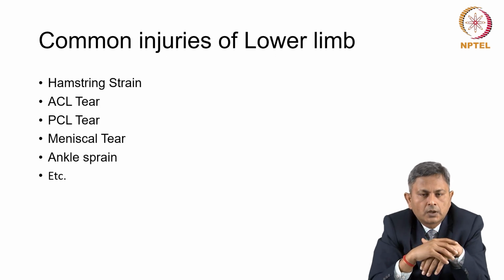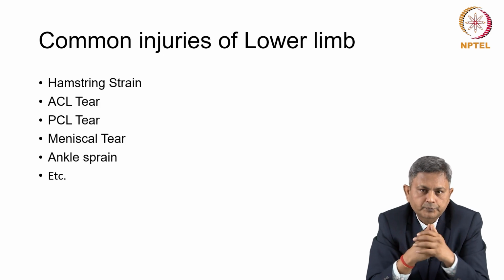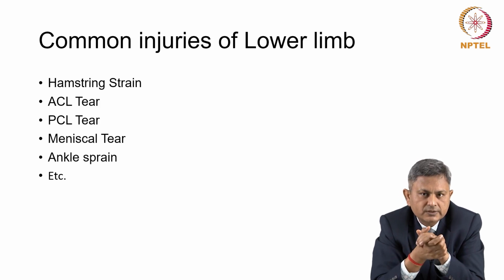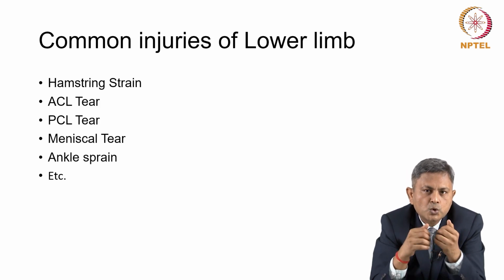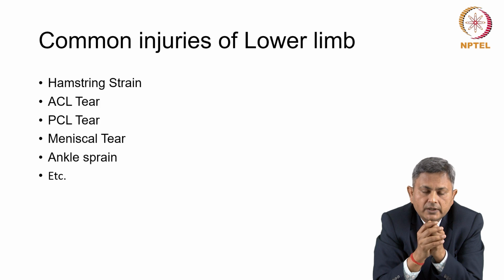In the lower limb, hamstring, quadriceps, and gastrocnemius muscle strain is quite common. Hamstring is the muscle at the back of our thigh. Quadriceps is the front muscle of the thigh, and gastrocnemius is the calf muscle. These muscles are very powerful and mostly used in each and every activity. These muscles generate lots of power, and that's why they are more prone